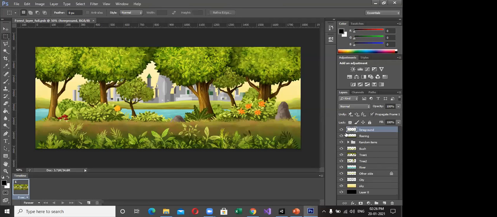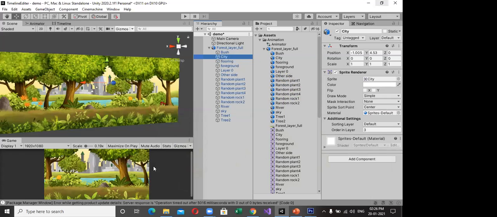Each and every layer is converted to one sprite. That's the way it is arranged. So now you know how to import a PSB file.